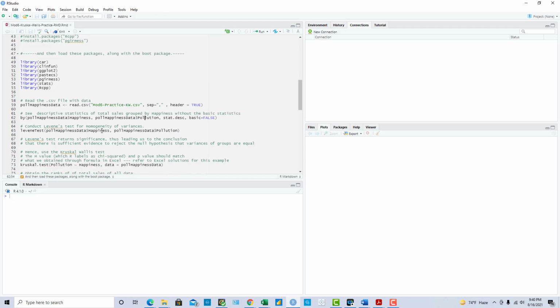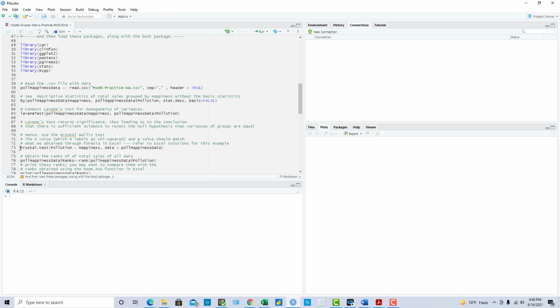We would review the output of the Levene's test to make sure that the homogeneity of variances is violated. So we reject the null hypothesis that the variances for different groups of pollution levels are equal. That's the reason why we are going to conduct the Kruskal-Wallis test.